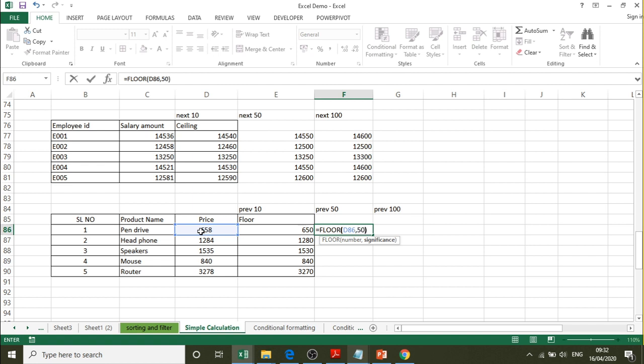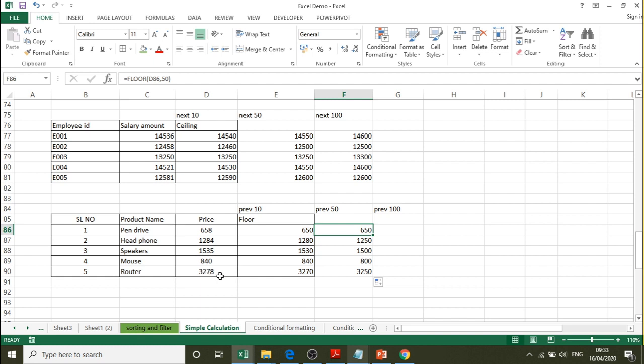So that is previous 50. So you can see this. It is a multiple of 50. It is 12,284. It is 1250, and it is 1535. It is 1500. 840. It is 800.